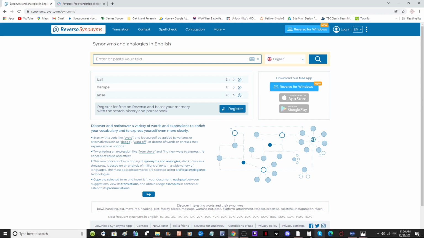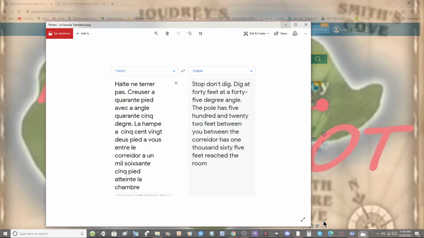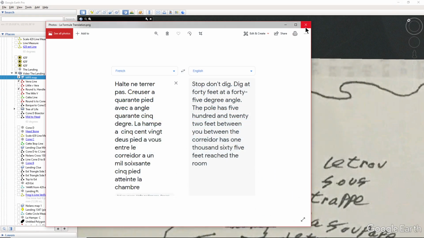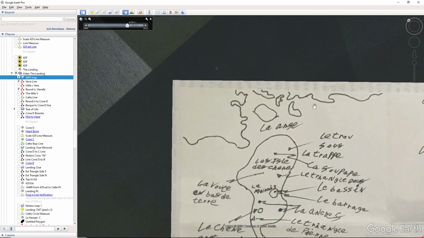and that is in the translation of La Formula. And La Formula is a cipher that was basically the same cipher as the 90-foot stone. And translated into French, it comes up with this translation. And here we find La Hampe. And in the